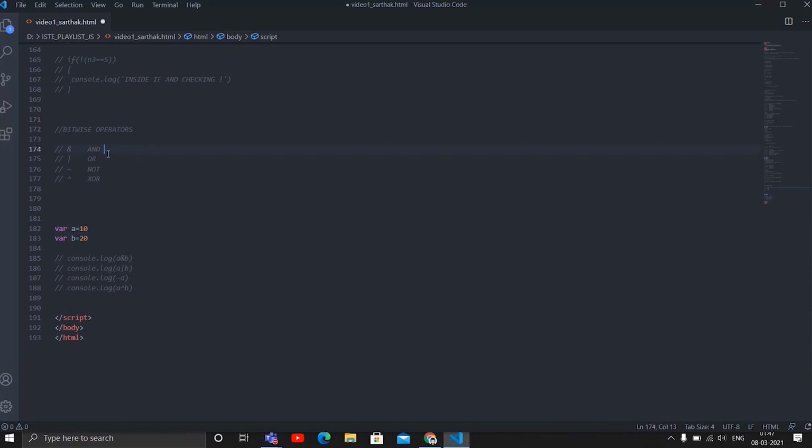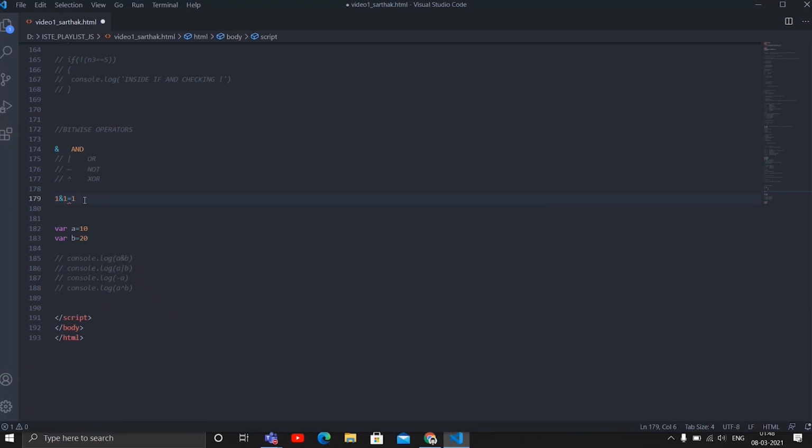So if I say bitwise AND, if one bit of A is 1 and one bit of B is 0, then 1 and 0 will result in 0, whereas 1 and 1 will result in 1. Let me write it here. 1 and 1 will result in 1, sorry.